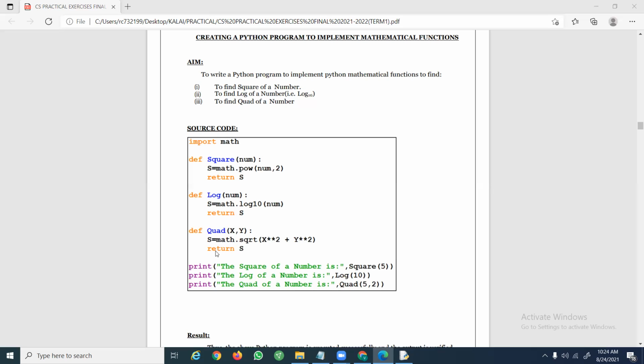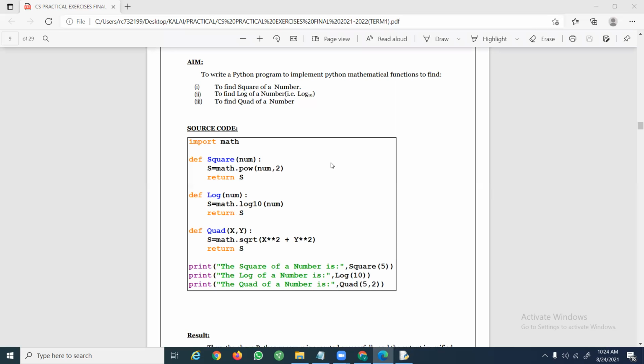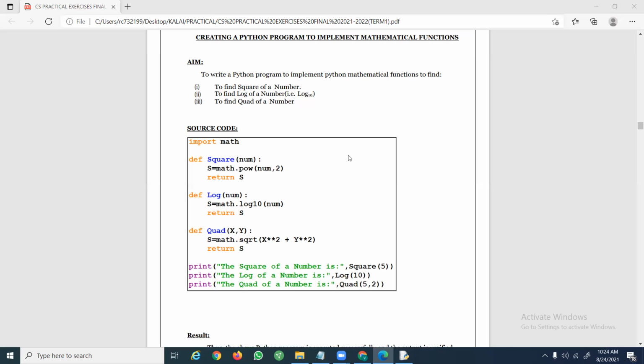The next one is the quad of two variables. To calculate the quad of two variables, the formula is the square root of x square plus y square. I'm using the sqrt function, which is available in the math library. All the functions that belong to a module should be called with the module name. So math dot sqrt of x double star 2.